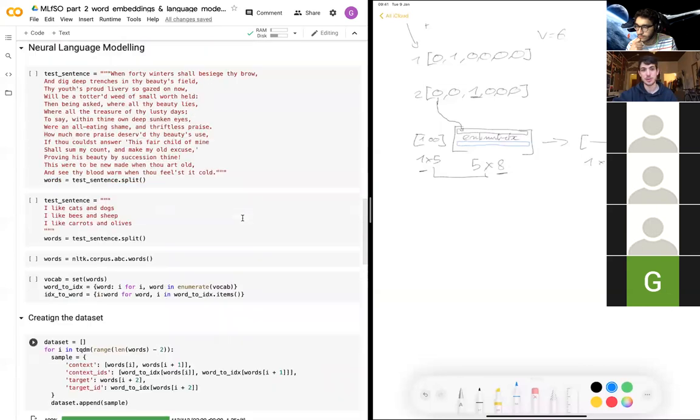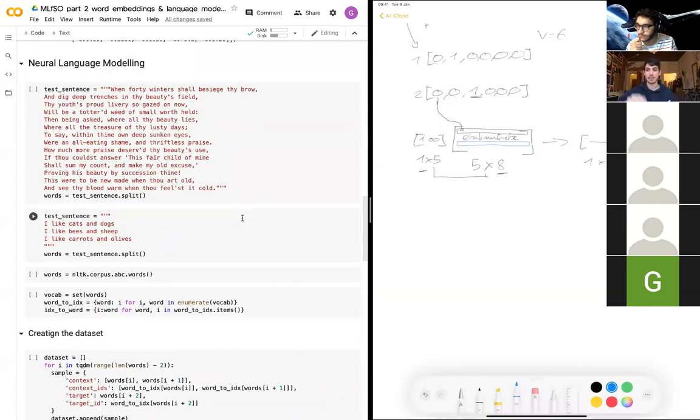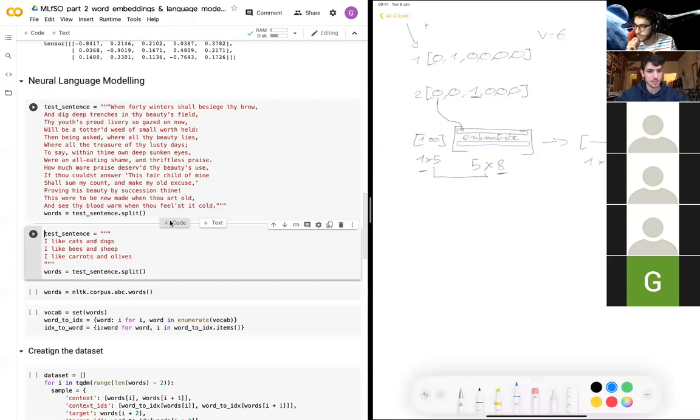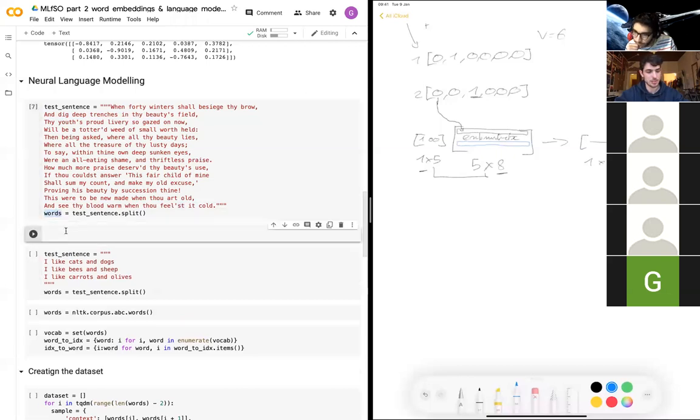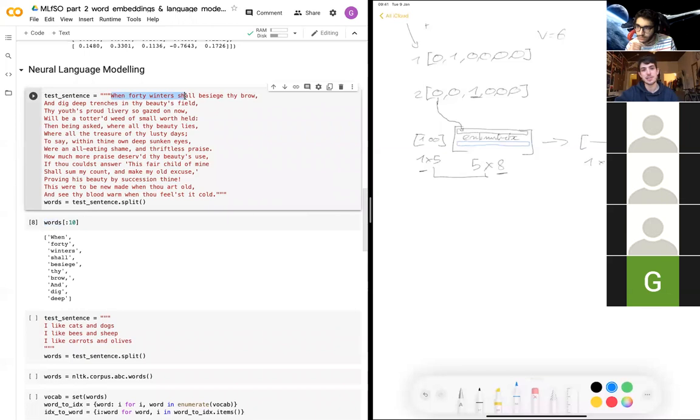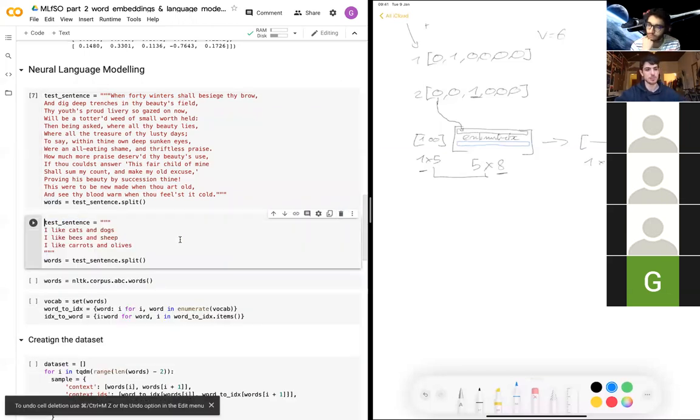data set. So what we're going to do broadly is we're going to use this text right here. This is just some old English poetry, and we're going to split it by spaces, essentially. So if we take a look at the words that we have over here, let's just take a look at the first 10 words. When 40 winters shall, blah, blah, blah. These are going to form part of our vocabulary here. And once we do this,